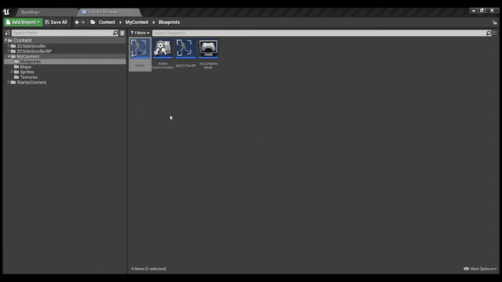So basically our blueprint character will call the switch on. So if the switch on function is called from wherever, then